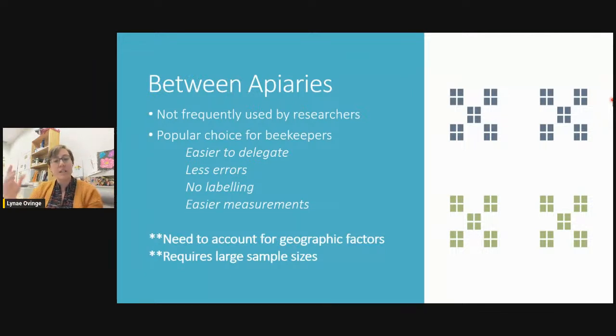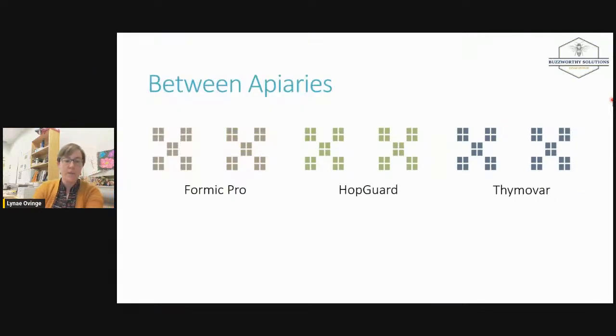And because we all know there's a large amount of variability between yards, some yards, they've got better spring pollen, or they produce more honey, or they winter better. We have to use those larger sample sizes in order to account for that. So, we're wanting to be using at least 6 yards of each when you're doing this type of design. And so I want to get right into an example for you that I think you guys will find intriguing for sure. I found it intriguing.